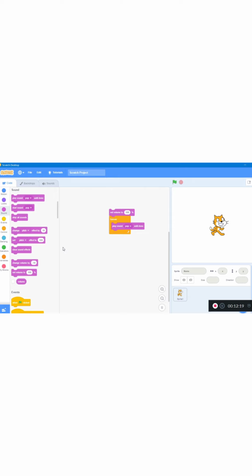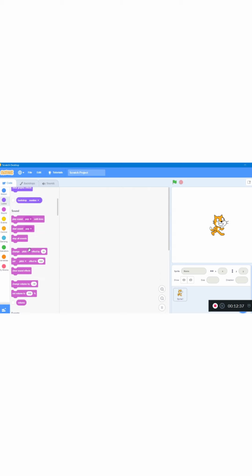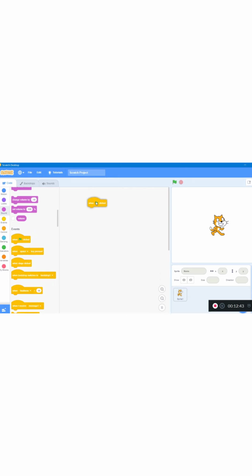So these are the different block shapes. Let's revise once again. There are 6 different block shapes. First is the hat block. This is a hat block. Next is the stack block.